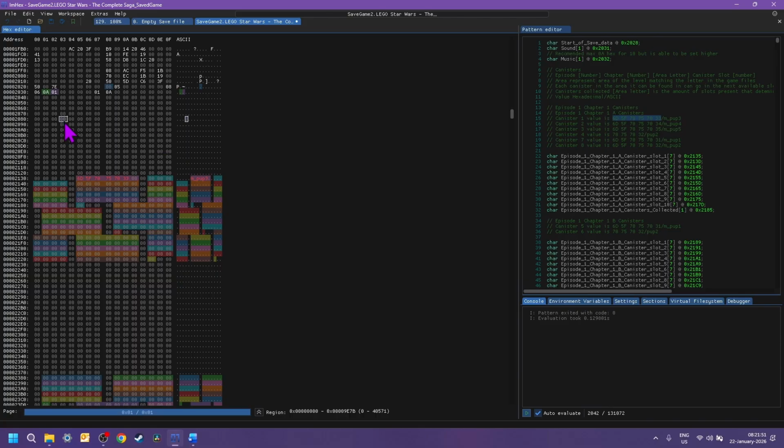And then the checksum would also need to be updated, but we're not done yet, because if I was to update the checksum and go into the game with just that, canister one will not be marked as collected because it doesn't see slot one as in use. So you'll need to change the slot number down here to one. And if, say, that was one and I had canister two in here, canister two will not be collected, and I will demonstrate that in game.